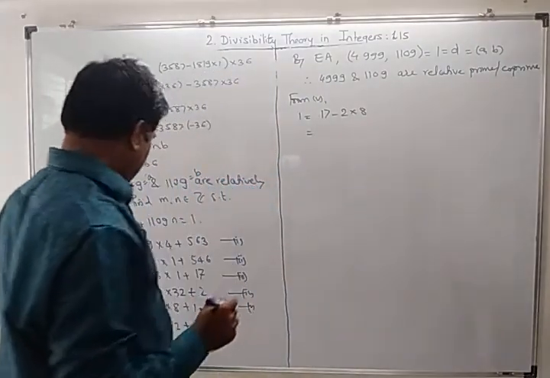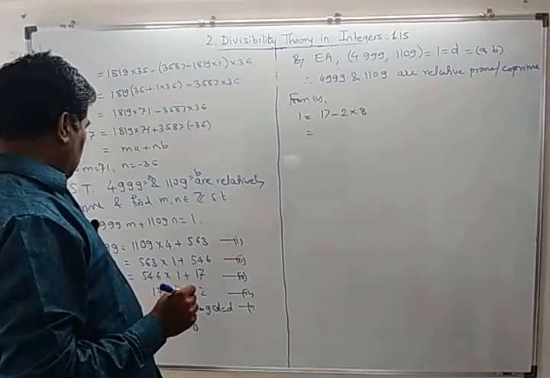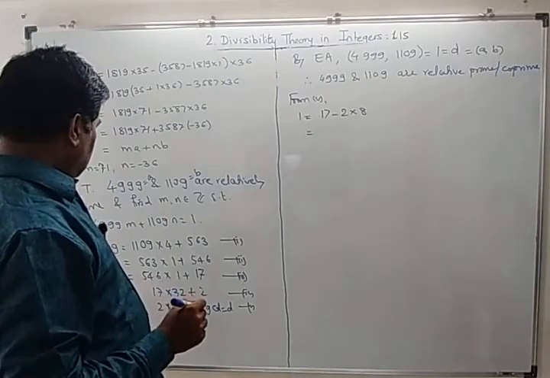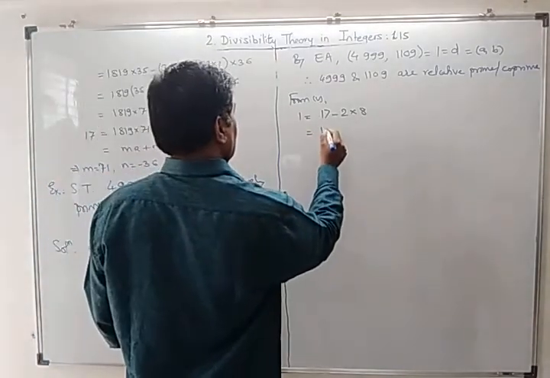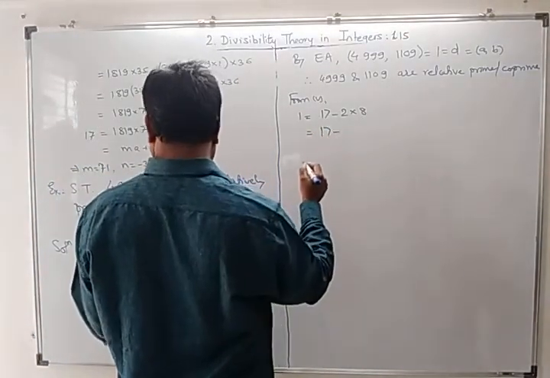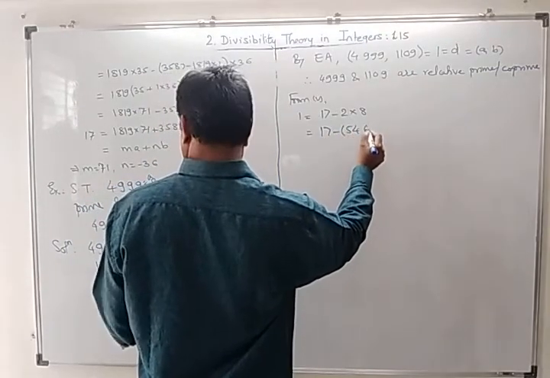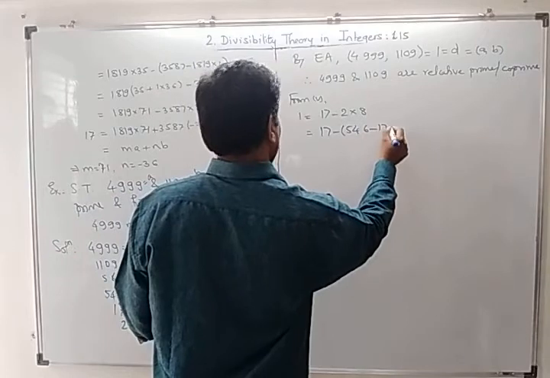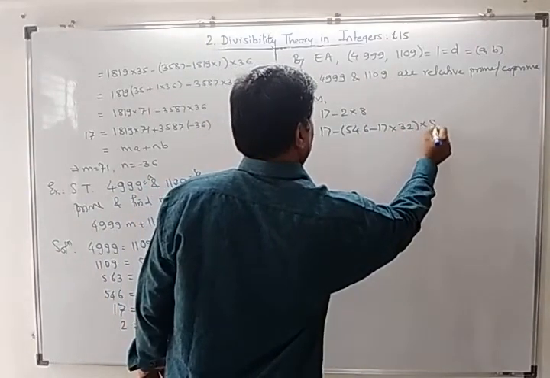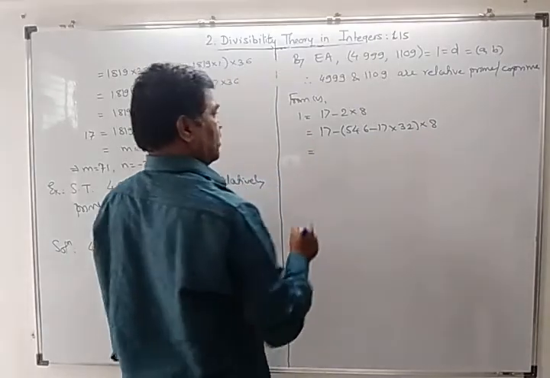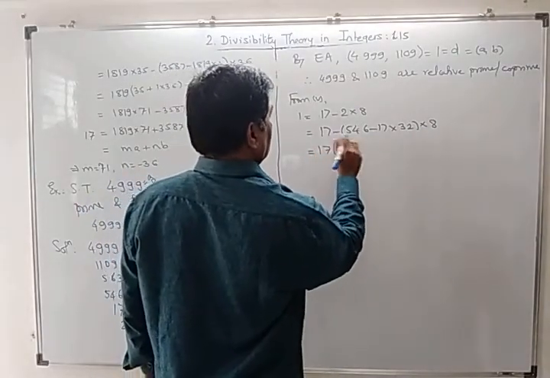Then we'll put the value of 2 in terms of the previous equation: 17 minus (546 minus 17 into 32) into 8. So we'll get 17 in bracket 1 minus,